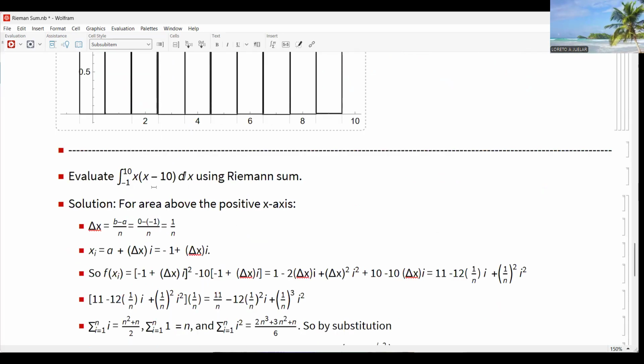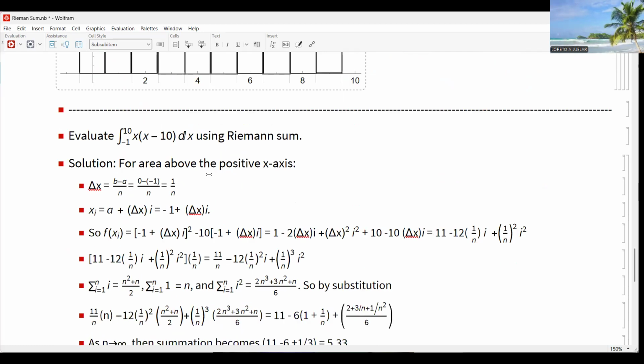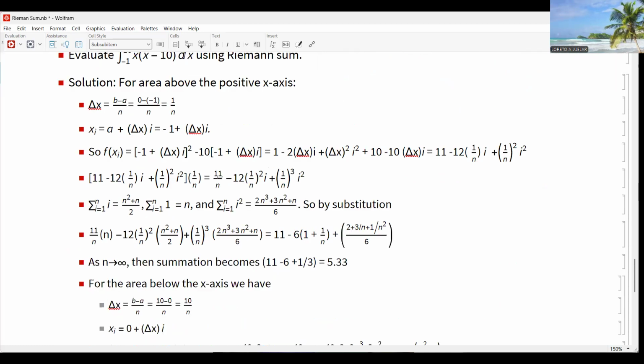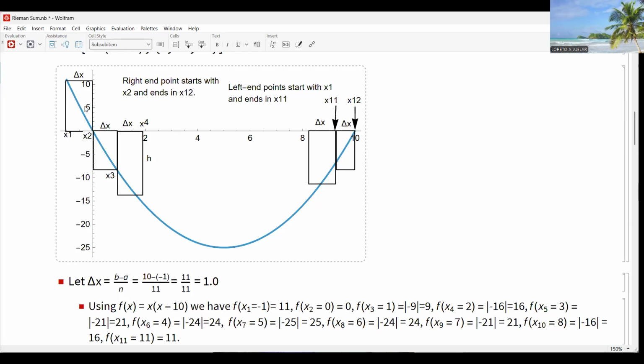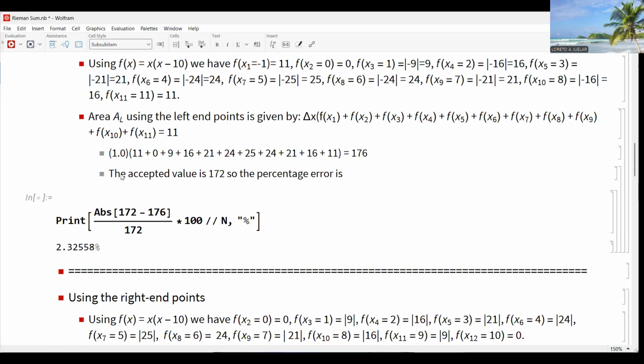Okay, we are now going to evaluate the integral from negative 1 to 10 of x times x minus 10 dx using the Riemann sum. All right, for the area above the positive x-axis, we first have to consider the area above the positive x-axis. Then the next one is the area below the x-axis. Now the area below the x-axis is negative, okay? But the area above the x-axis, we need that to express the